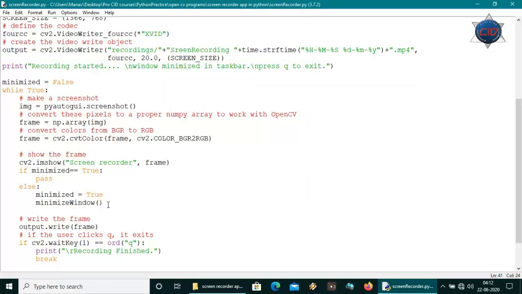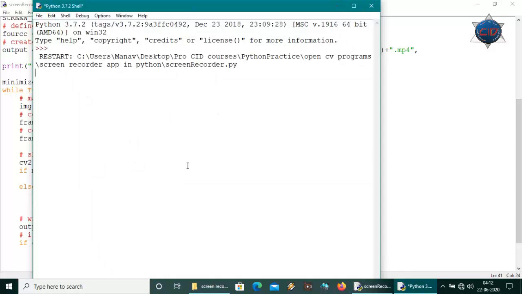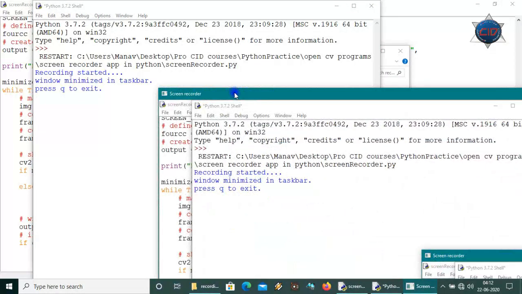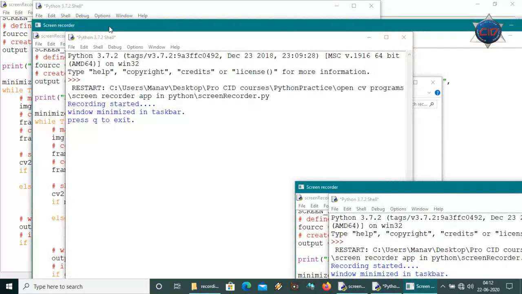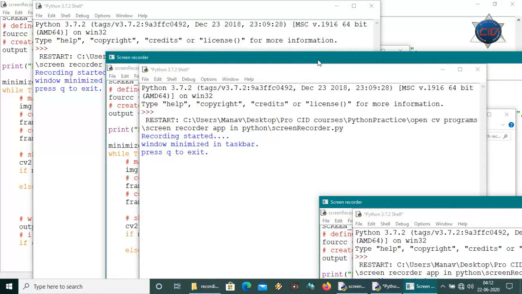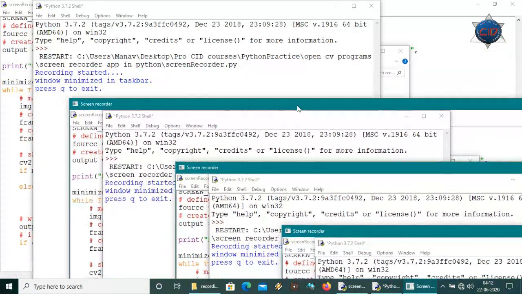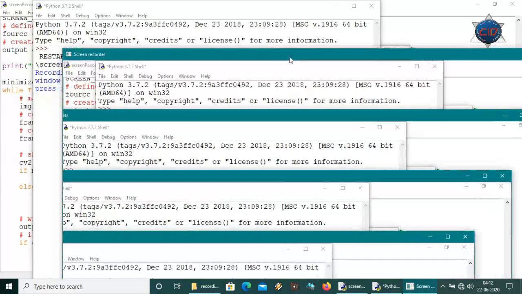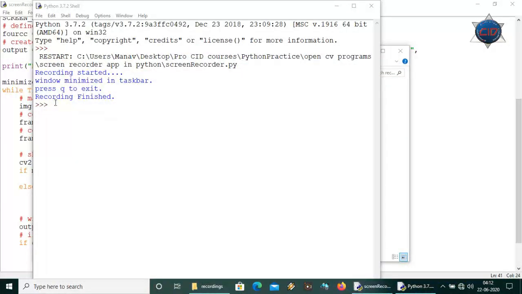So let's save it and run our program. Now as you can see, it is recording, and here is the screen of that, and it has minimized. Let me close it by pressing Q, so it will show that recording finished.